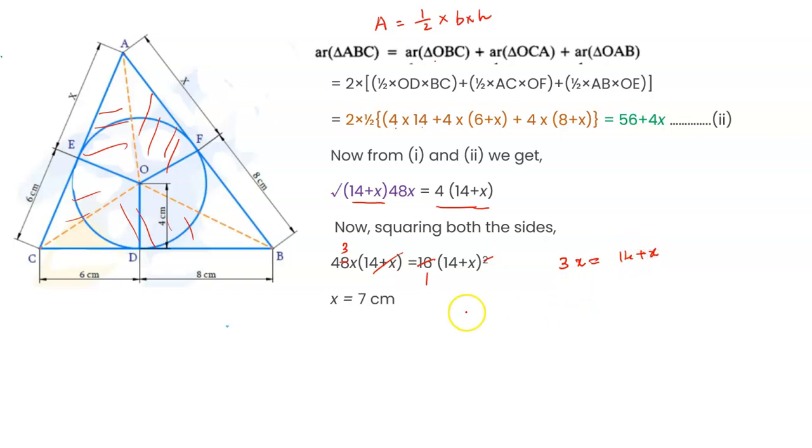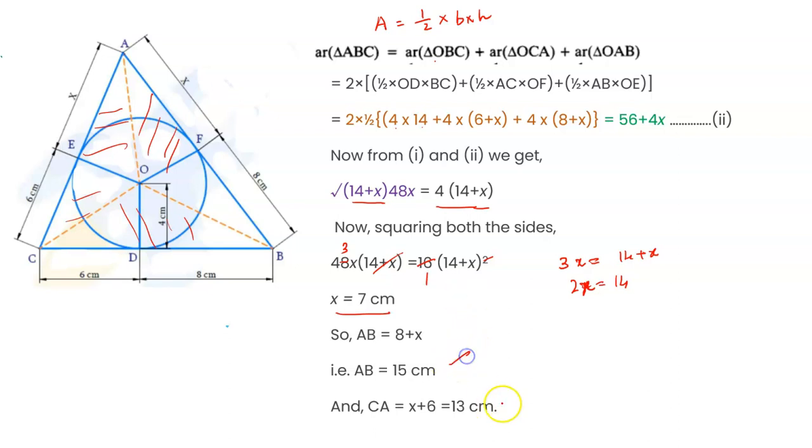So what did you get here? Finally, 2x is equal to 40, and the final answer that you will be getting is x is equal to 7. This is what the question asked. Now just plug in the values for this. So AB will be 8 plus x, that will be 15. CA will be x plus 6, that will be